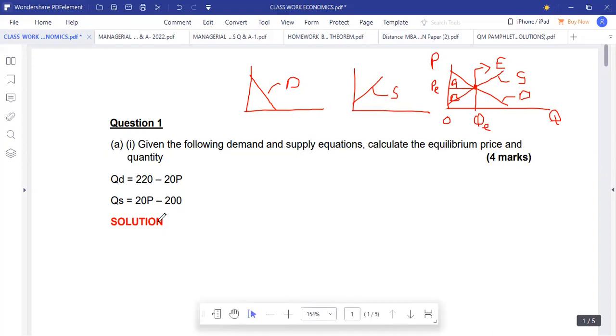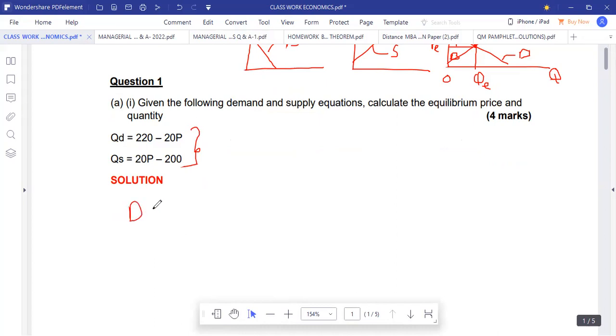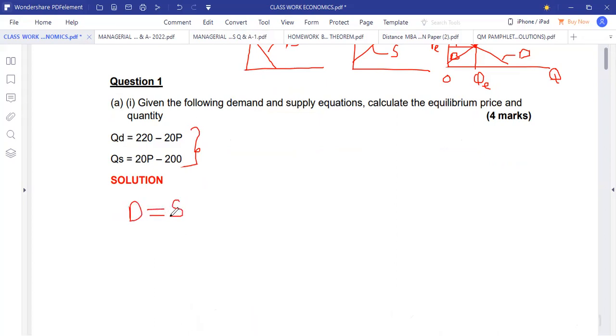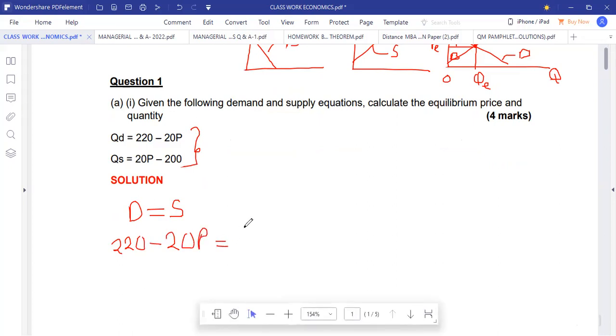So now we're looking at this question here. We're given the demand and supply equation, and we are asked to calculate the equilibrium price and equilibrium quantity. So we've been given these two. We already established that demand is equal to supply when we are at equilibrium. So demand is what? 220 minus 20p. And our supply is simply 20p